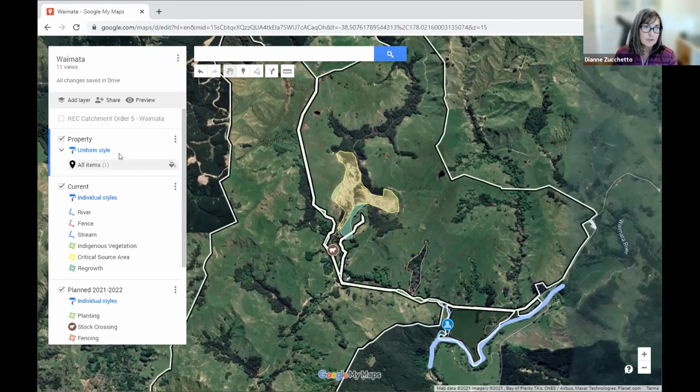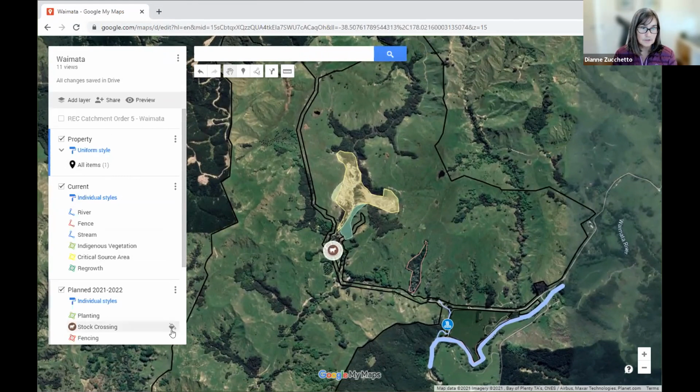And then the same for your legend. To create a legend, do a screenshot of your legend and put that into Word. And if you want to create a north arrow, north is always up. If you want to share your